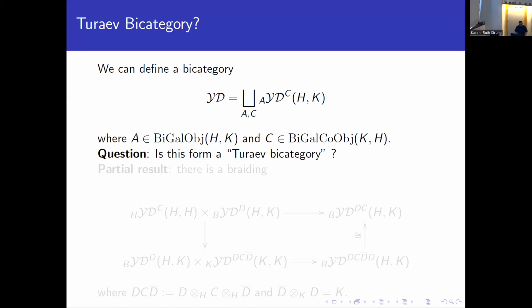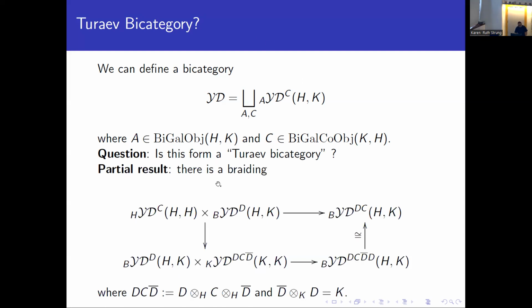We still don't know in general, but we have some partial results. Basically, we have some generalized braiding in this case. We don't really have a formula for the most generalized case, because if you see here, the Hopf algebra that we have here is the same bialgebra, and the bicomodule algebra that we use here is not just any bicomodule algebra, but it's the same H. So basically, this is a bialgebra, and the bicomodule structure is given by the coproduct.